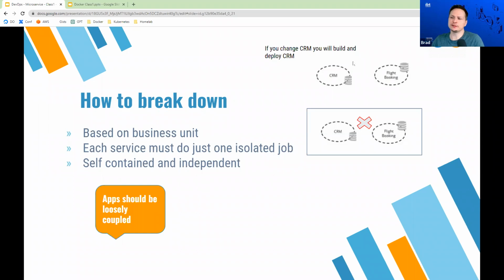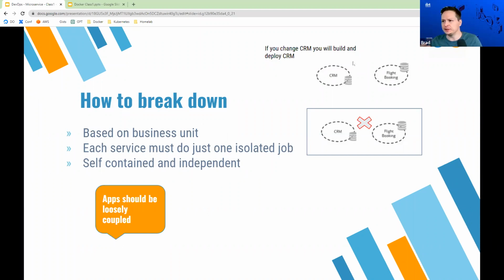With microservices, we want to decompose our monolithic application into smaller components known as microservices. And usually this is done based on business logic or the business unit. The best way to understand it is the business logic or the application logic.